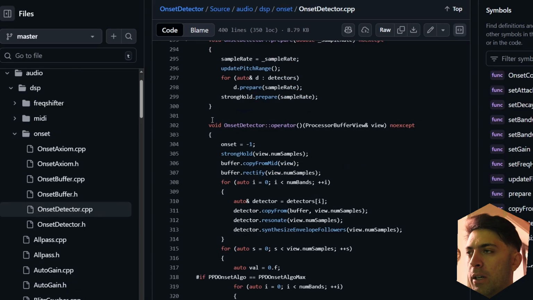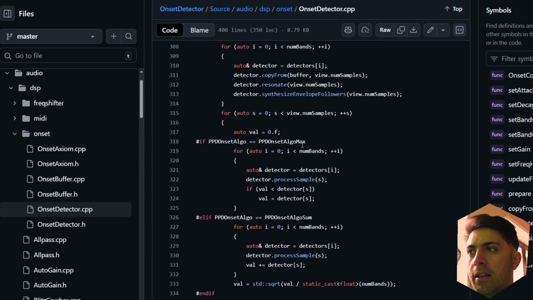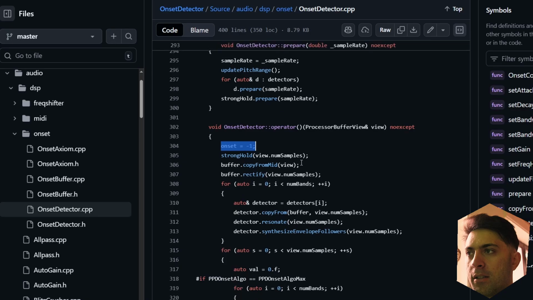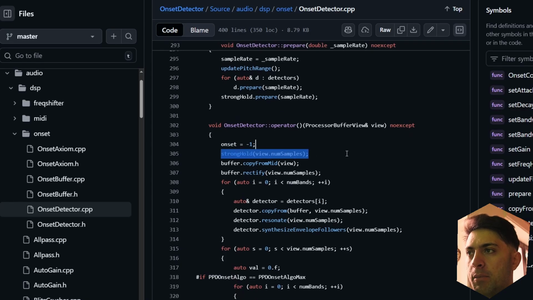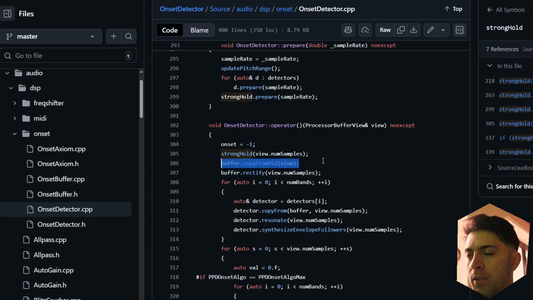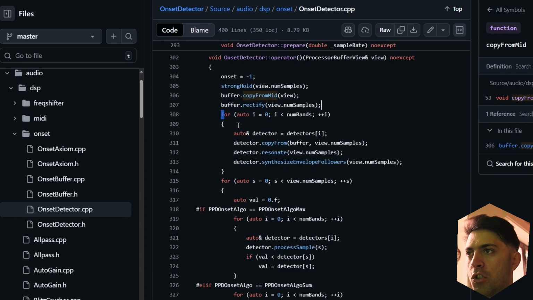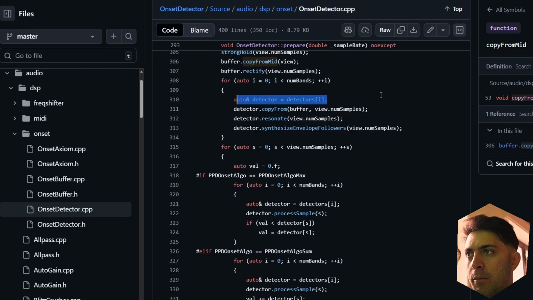This is the place where you find the main processing method, by the way. It sets the onset index to -1, and only if at the end of this method it is not -1 anymore, then the process has found an onset, then the stronghold class is being processed, and then we are copying the audio buffer into the onset buffer while also reducing it to mid. Then we rectify that, and then for each band we process the detector by copying from the buffer, resonating and